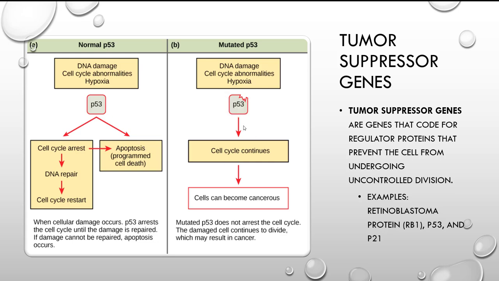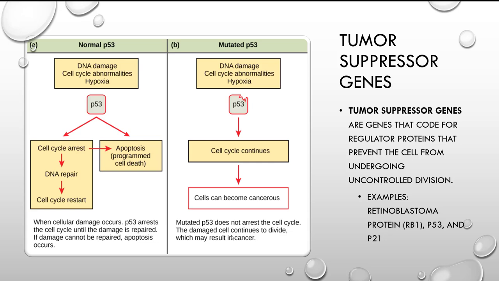And if the cell cycle continues, then the DNA repair never happens, and so the cell continues to divide with that mutated DNA strand. We have malformed proteins, and the tumor cells continue to divide and divide and divide, and then we get the uncontrolled division leading to cancer. Okay, so the mutated P53 protein does not arrest the cell cycle, so we end up with the damaged cell